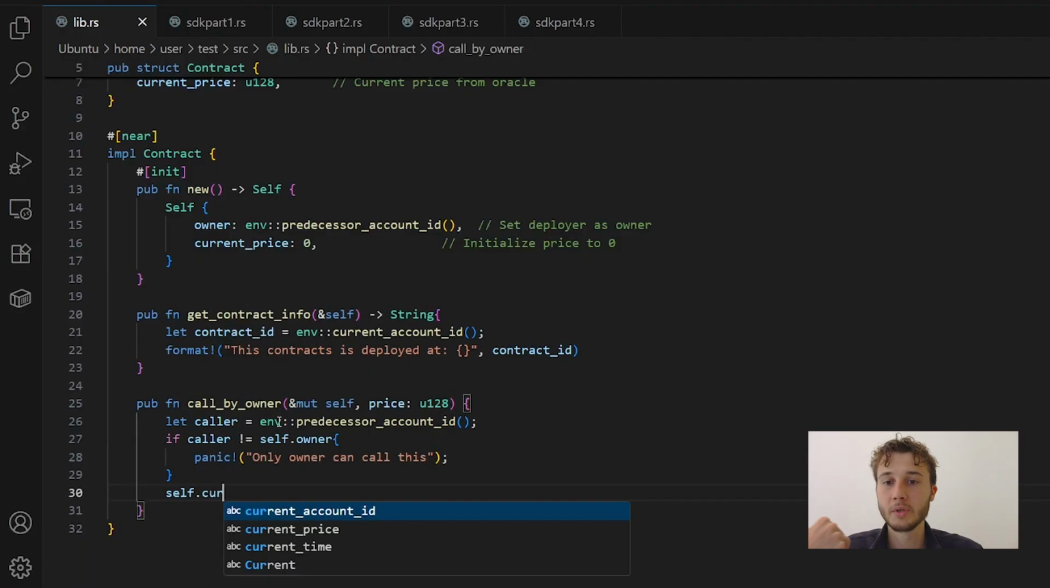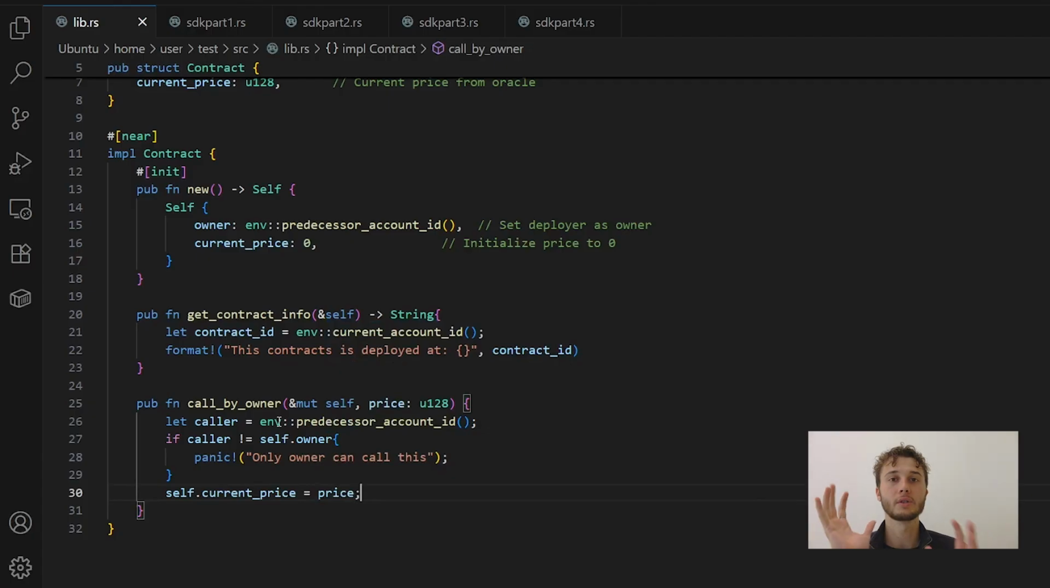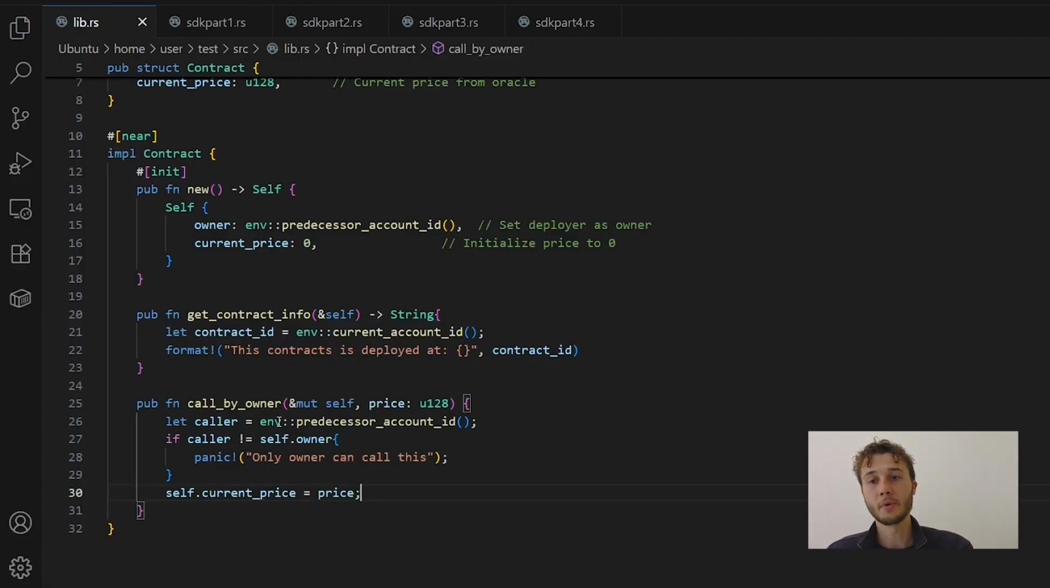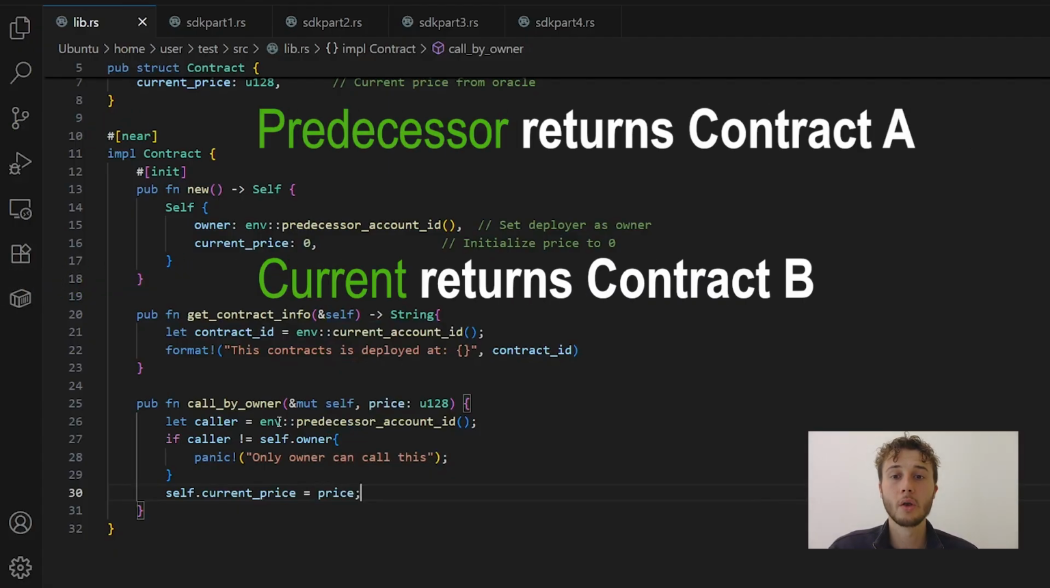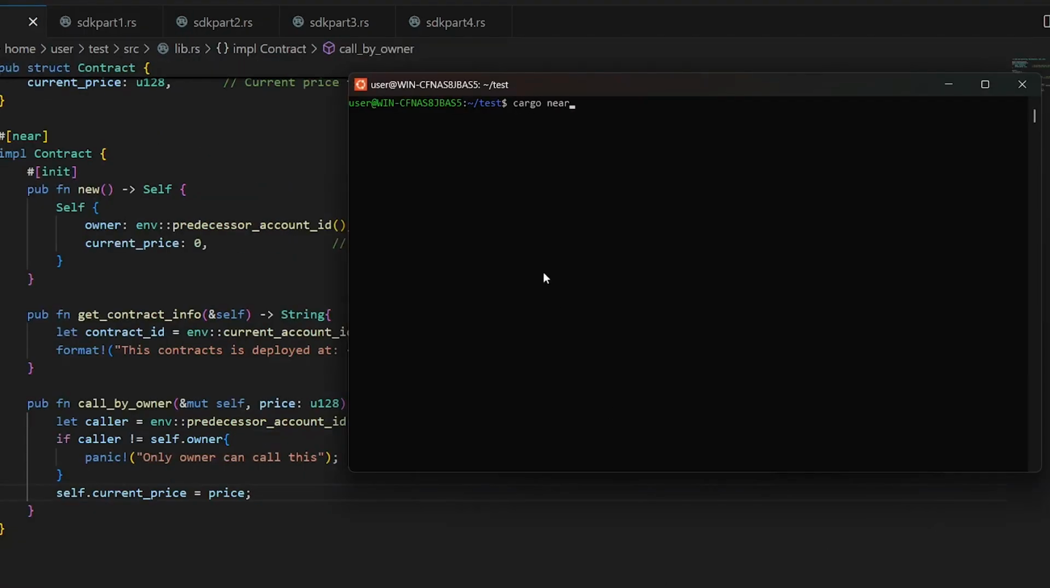Let me explain an important scenario with a call chain example. Imagine Alice calls contract A, which then calls contract B. In contract B, predecessor_account_id returns contract A's address, who called directly, while current_account_id returns contract B's address, your contract. This distinction is crucial for understanding who is actually interacting with your contract versus who initiated the original transaction. Okay, let's deploy our smart contract, cargo near,